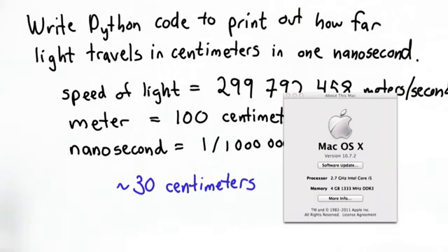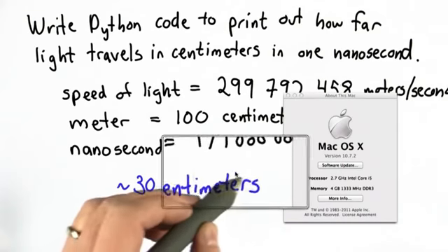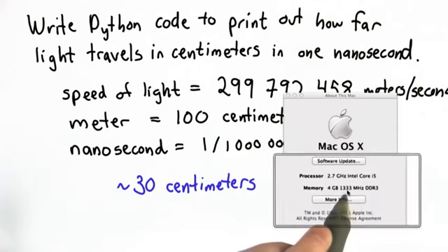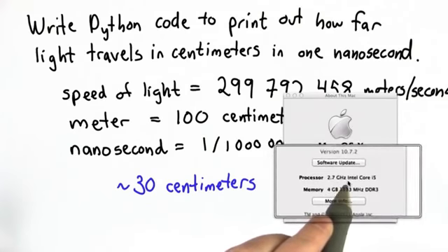So why do we care about how far light can travel in 1 nanosecond? There'll be instructions on the website how you can do this for other operating systems, but you'll see a window like this appear that will tell you what kind of processor you have. And if you zoom that a little bit, you can see that it says we have a 2.7 GHz Intel